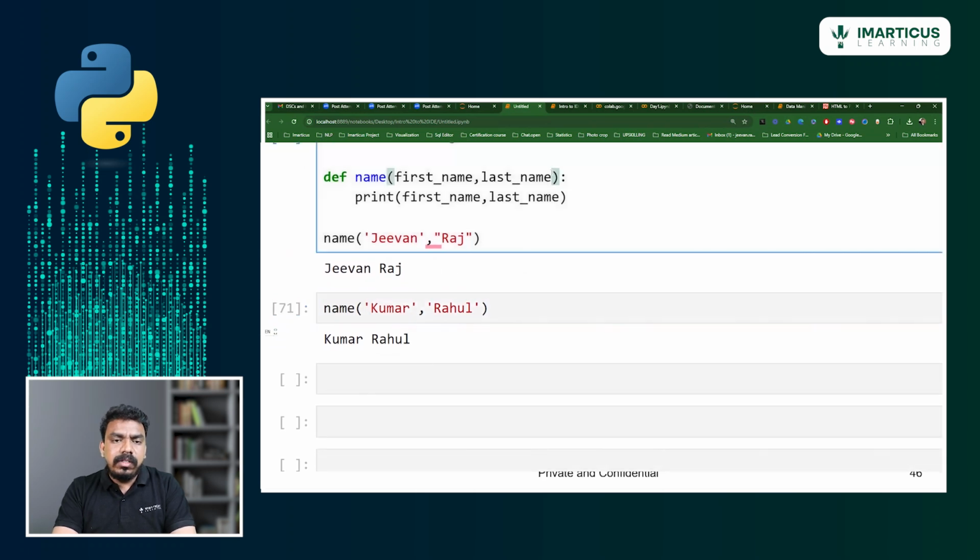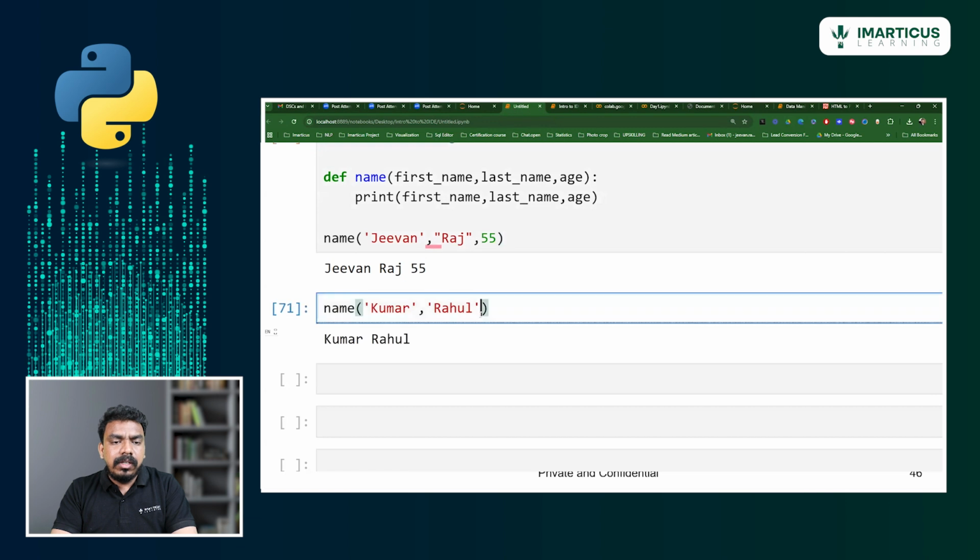Or else, consider it is taking 3 arguments, with the age parameter as well. So you are asking to print 3 pieces of information: first name, last name, and as well as age. If I provide them in order, this is fine. Here I will provide some age, and it is accepting successfully. But here, if I provide the age somewhere in between, right, 55,